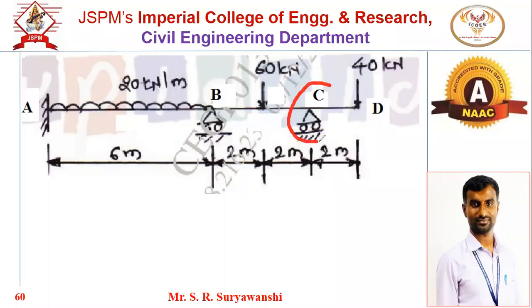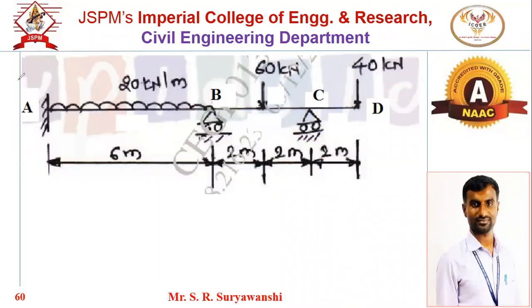So we have to adjust the simply supported moment such that M bar CB we have to make it as 0. This is the first point. Second point, at end support C, which is having the overhang, moment will be there due to the overhanging span, equal and opposite. That we have to mark. That's it. These are the only 2 changes we have to perform in the moment distribution table.